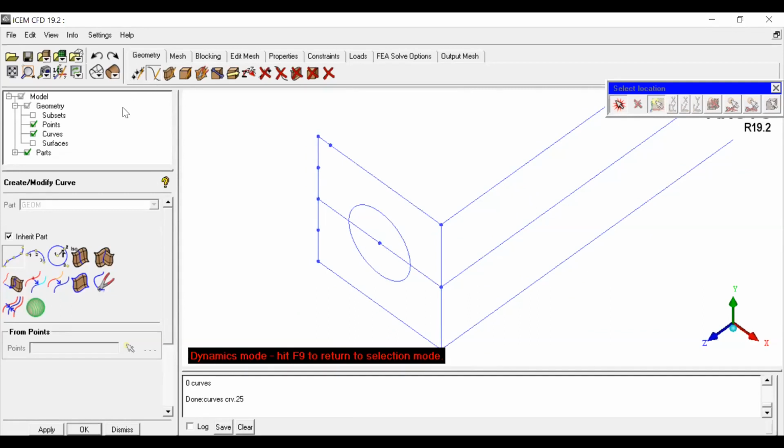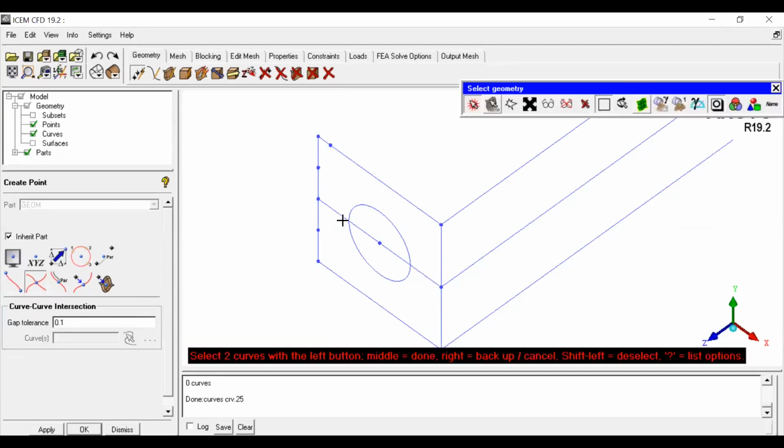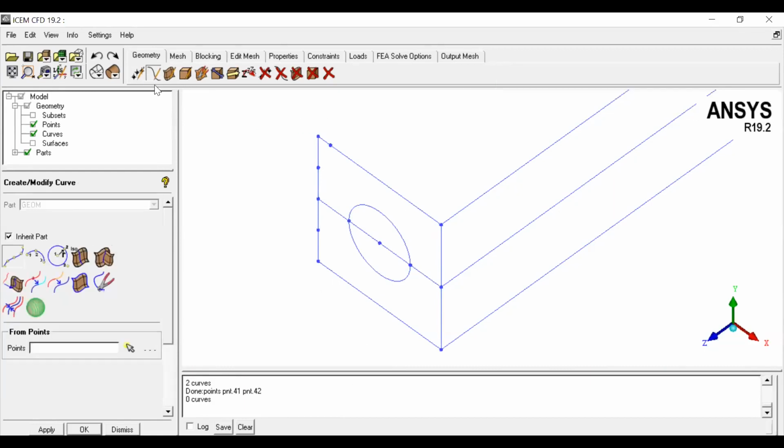That can also be done. Let me do this, get the curve intersection. So this is one curve, this is another curve. I got two intersection points. Now I would like to bisect the curve. For that, I'm going to the segment curve command.